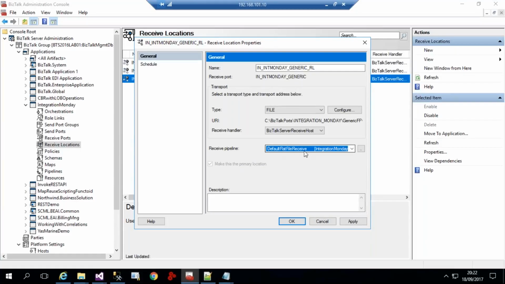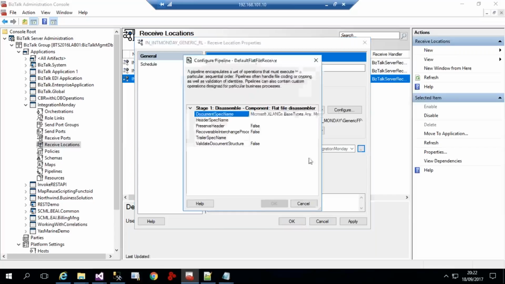So if I choose my generic, I call it default flat file, but the generic. If I go there, you notice that I have the xlang base type any that, of course, I set up